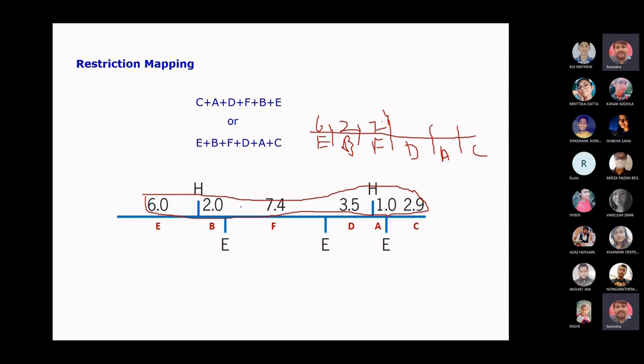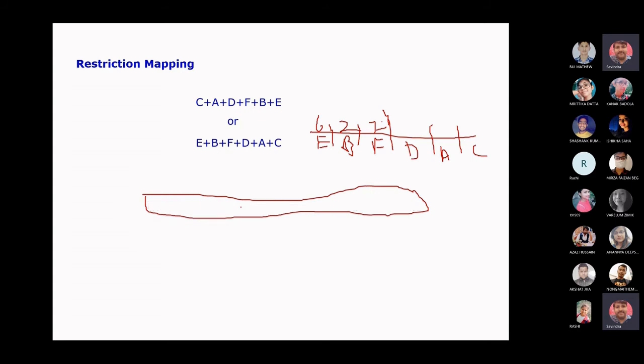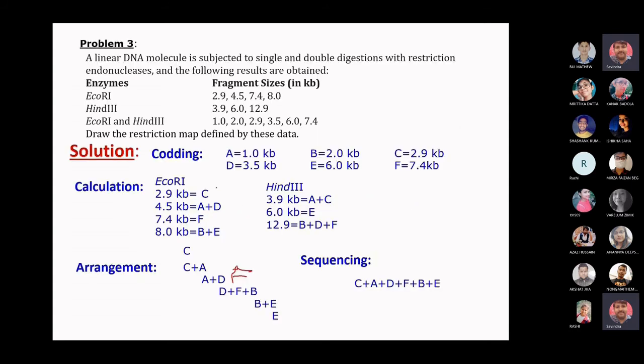just क्योंकि यहाँ पे सेम ही स्क्रीन है, but when you will draw it on your page, you have this information with you. आपके पास क्या क्या है, E carbon is giving us C fragment, A plus D fragment, F fragment, and B plus C. Anyone can write this thing. E carbon के आप लिख सकते हैं. E carbon is giving us C fragment, A plus D, F, B plus C. मैं भी लिख लेता हूँ so that I can explain you. It was giving you C, A plus D, F, and B plus E. It was giving us 2 fragments.